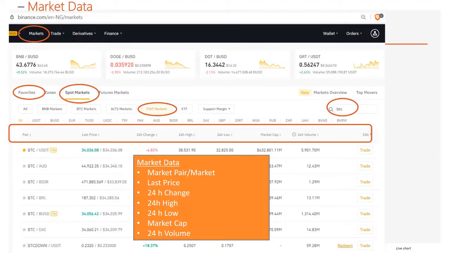So it's just like saying you sell shoes. If you sell shoes, for instance, how many shoes do you sell in a day? So let's say you sell 10 pairs of shoes in a day. How much is one shoe? So you multiply the price of one shoe by the total number of shoes that you sold for that particular day. So that will give you your 24-hour volume. So for BTC here,